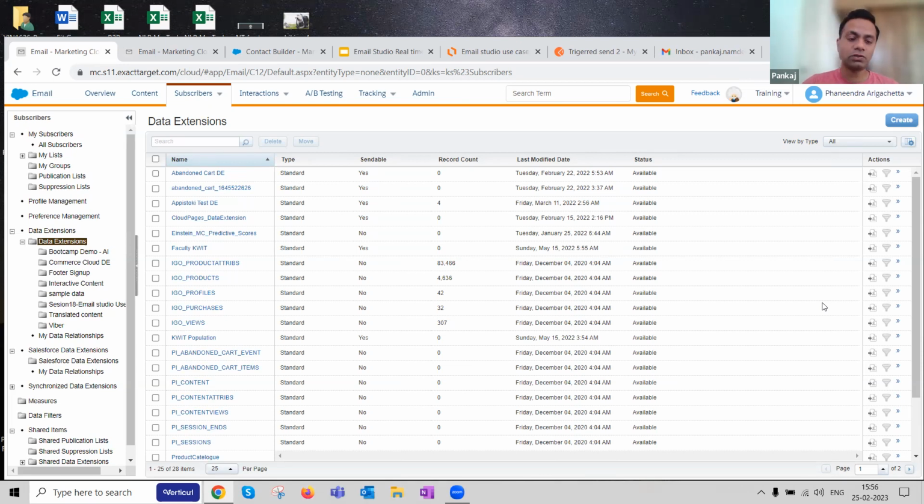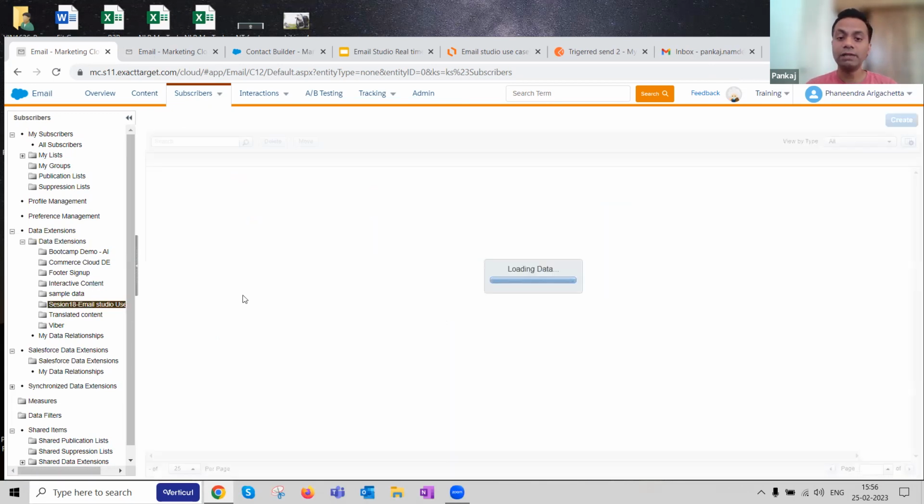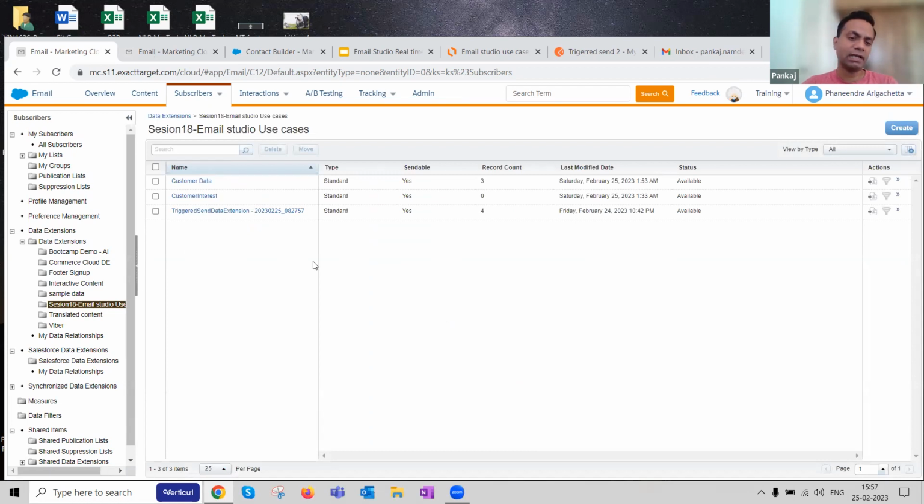But again, that's out of the context of this conversation. Over here, what I've done is I've just shown you a small glimpse of 2 tables that I've created for demonstrating this use case. I've got customer data and customer interest. Customer data is name, email, etc., and customer interest is what kind of products that particular customer likes. In my case, in the continuation of this use case, it will be men's t-shirt, right?